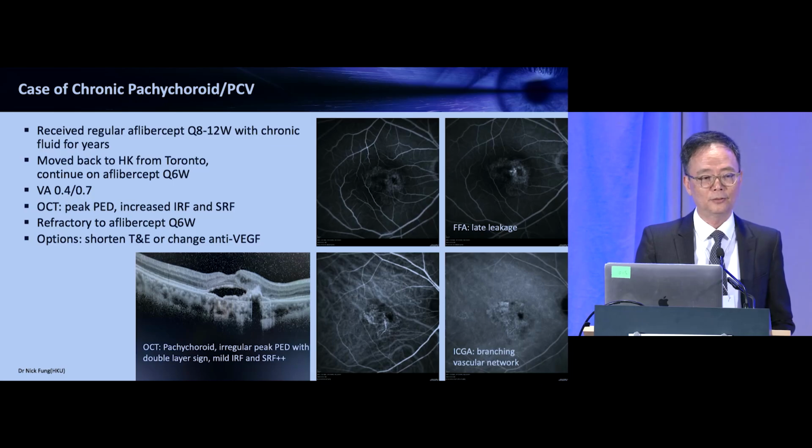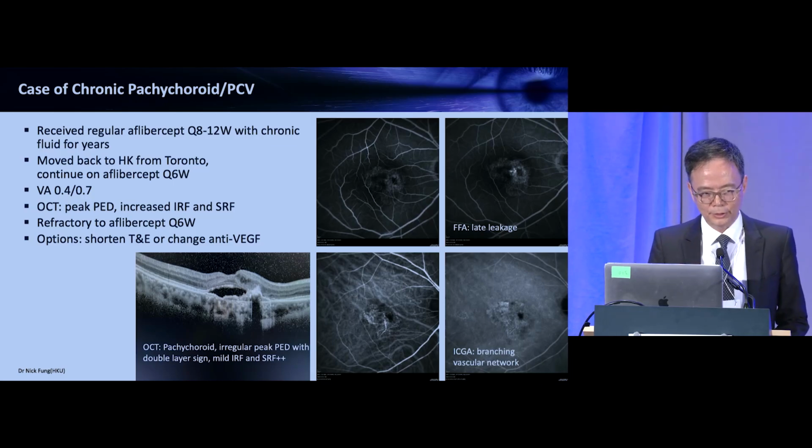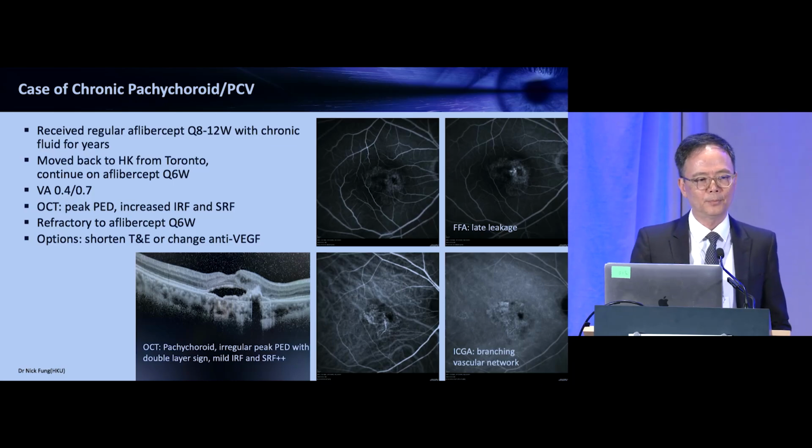And he decided to move back to Hong Kong from Toronto, and he continued on the aflibercept. But despite the injections every 6 weeks, the vision in the right eye is still relatively poor compared to the left. You can see on the OCT his thickened choroid with this irregular peaked PED with the double layer sign,